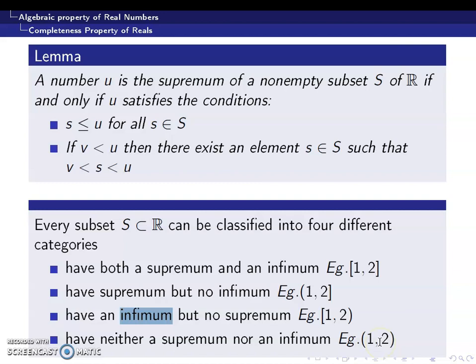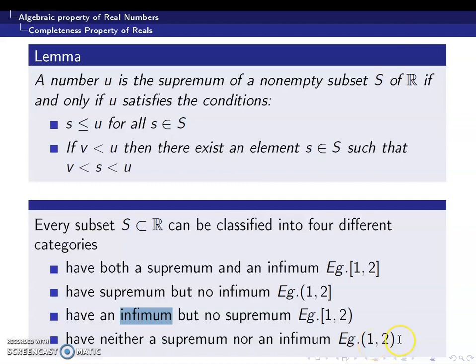If we take 2 minus epsilon which is less than 2, clearly there should exist a real number in between 2 minus epsilon and 2 which belongs to the open interval (1, 2). So any element which is less than 2 cannot be an upper bound. In other words, 2 should be a supremum. Similarly, any element which is greater than 1 should not be a lower bound. So 1 should be the greatest lower bound, or 1 should be the infimum. So in this case, 2 is the supremum and 1 is the infimum.